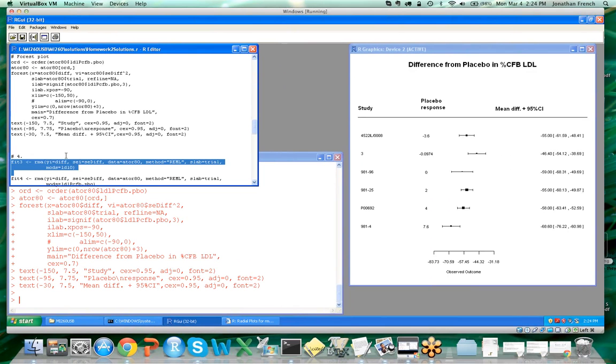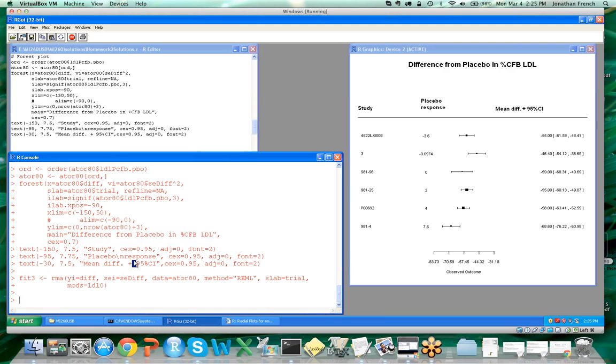The code, as we saw during the lecture last time, for fitting a meta-regression is fairly straightforward. It's very similar to fitting a standard meta-analysis, where the first elements here, the yi, the standard error or the variance, a call to the data argument, what method we're using, and a study label are all the same. The only difference is now we'll add in the argument mods, and point it to a variable or variables in our data set. So if we fit a model using baseline LDL as a covariate, we'd simply say mods equals LDL 0. And if we were to fit that model